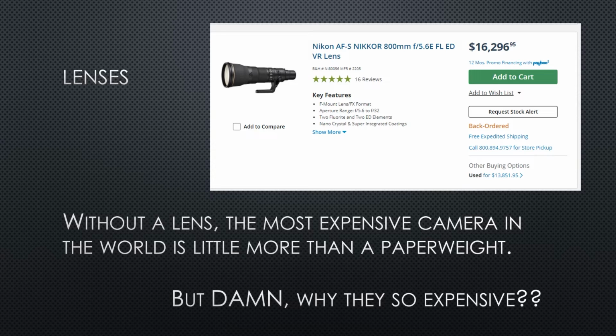This is obviously an extreme example here. This 800 millimeter f5.6 lens is currently on sale at B&H Photo for $16,000. Which, I don't know about you, to me, that's a bit out of my price range. So we're going to take a look at some different specs on what we're looking at when we're talking about